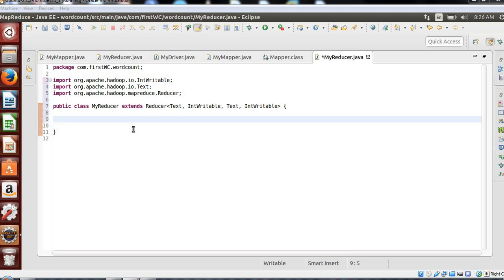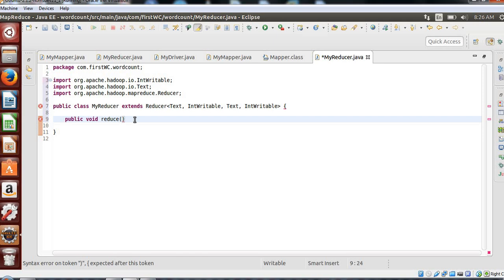So it's the same, I'll say public void, then reduce, the name of the method that will be implemented. Here also we need to pass the key, input, output, and the context.